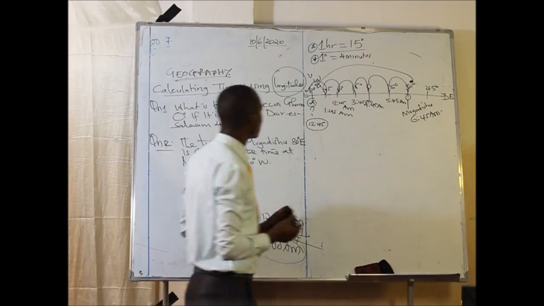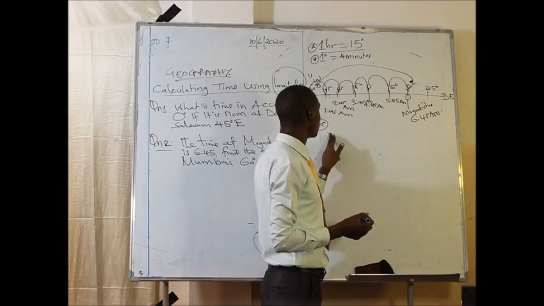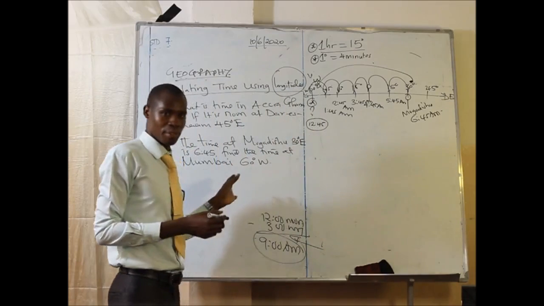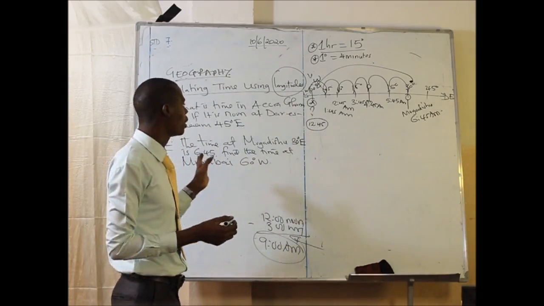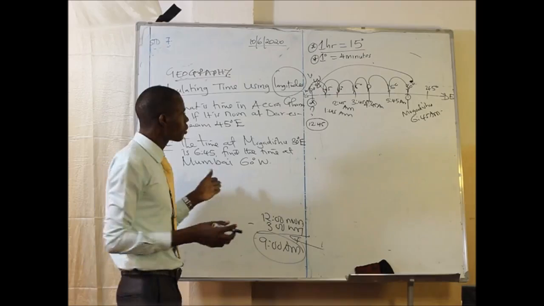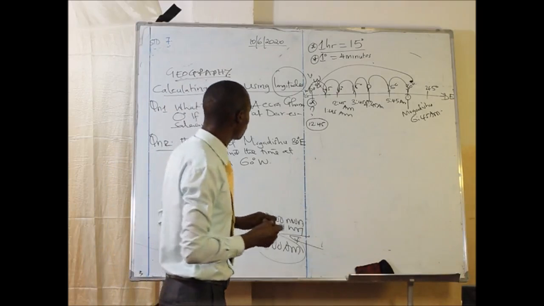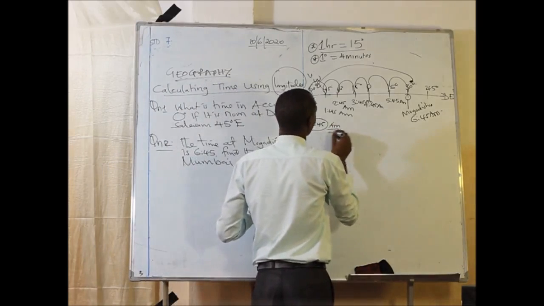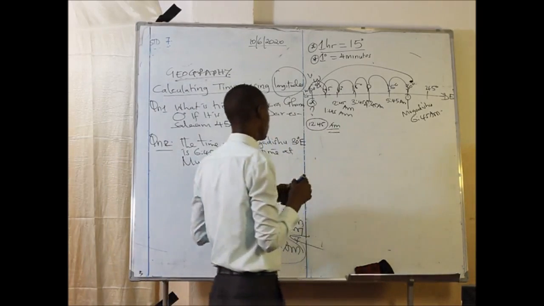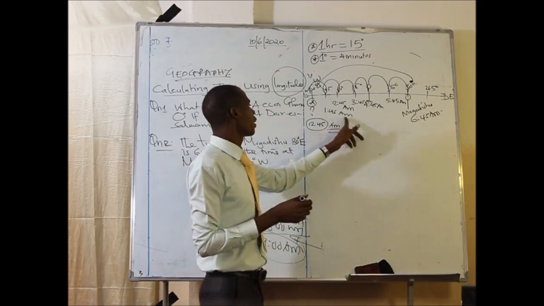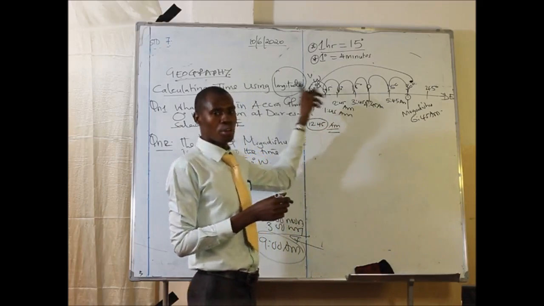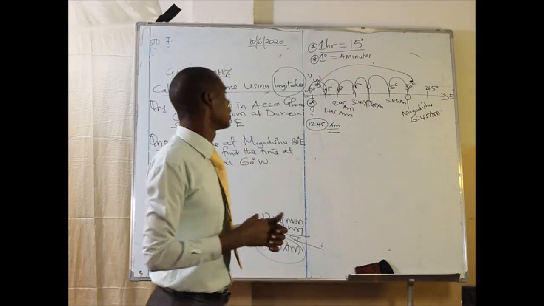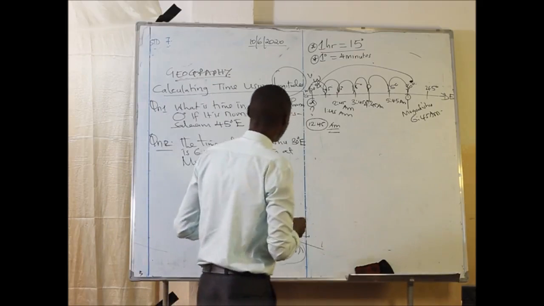So here we want to identify, will it still be AM or PM? Because here now it will be 12:45. That's what we have to identify. Then from there we can say it is AM, because when we come from 1:45 AM and then go back to 12:45, it will still be AM.